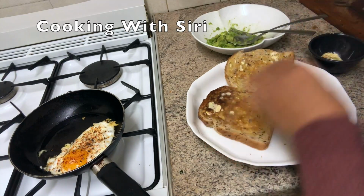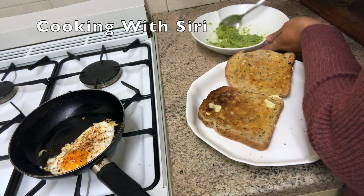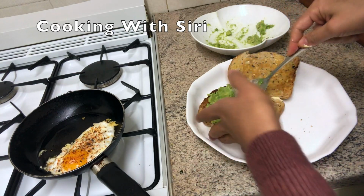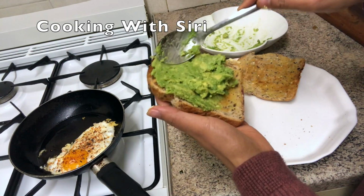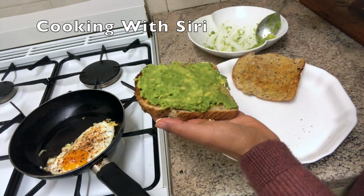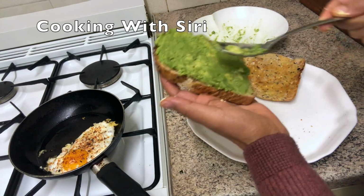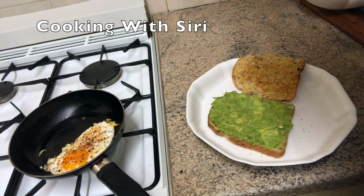Okay, now it's ready, and I'm going to put this mashed avocado on top of this. Now I'm going to, as you can see,